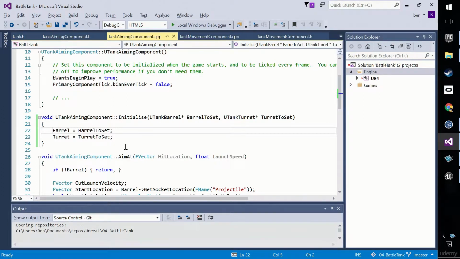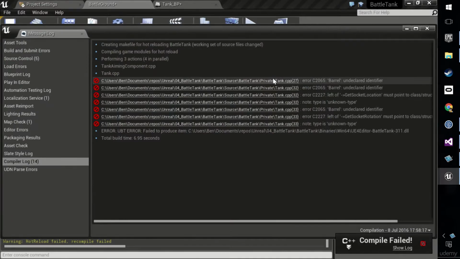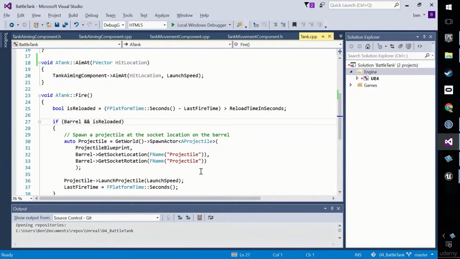Oh, it doesn't understand what this barrel is. Yeah, but it doesn't understand what the barrel is because it got stuck trying to read the line before. So don't really trust the errors too much. So we have another compile failure, which is again on line 27. We have a barrel it doesn't understand, and that is because in the tank I got rid of the barrel